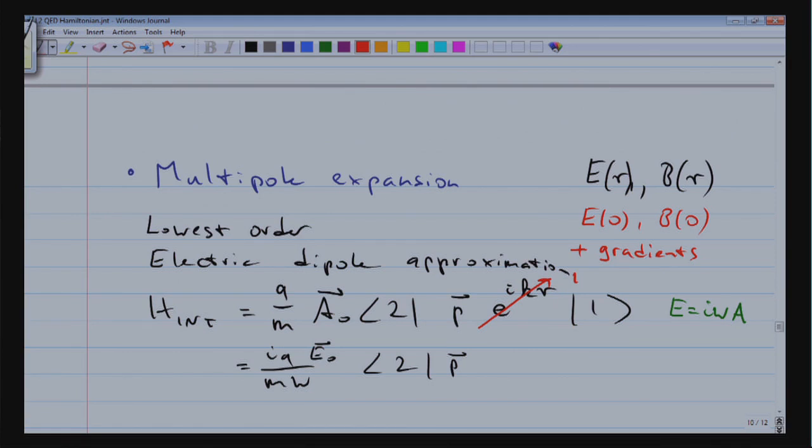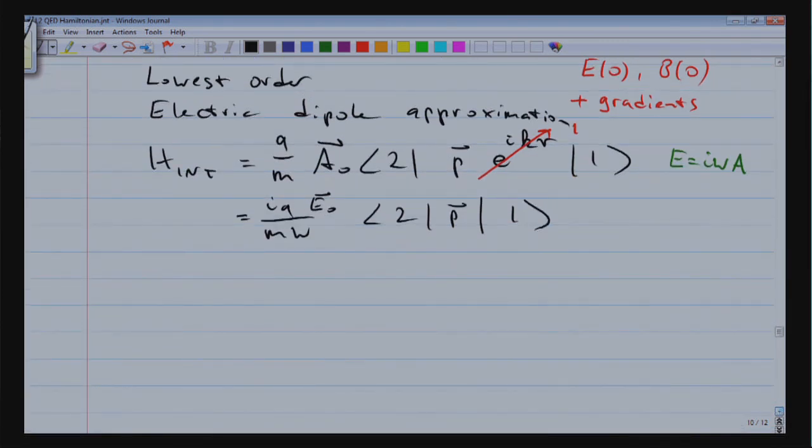And we are simply left in the electric dipole approximation with the matrix element of the momentum operator. We can simplify it further by writing the momentum operator as the commutator between the position operator and the Hamiltonian. If you take the commutator between r or x and p squared, you simply get p and prefactors. So that's what we are using.